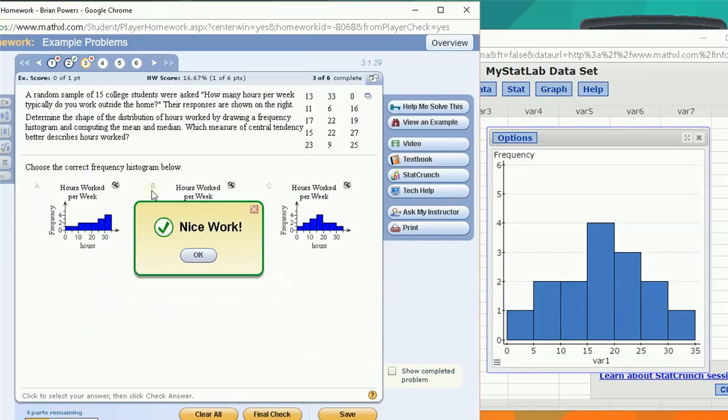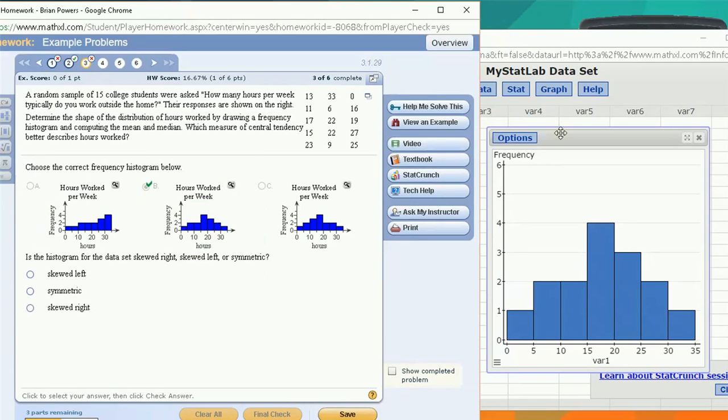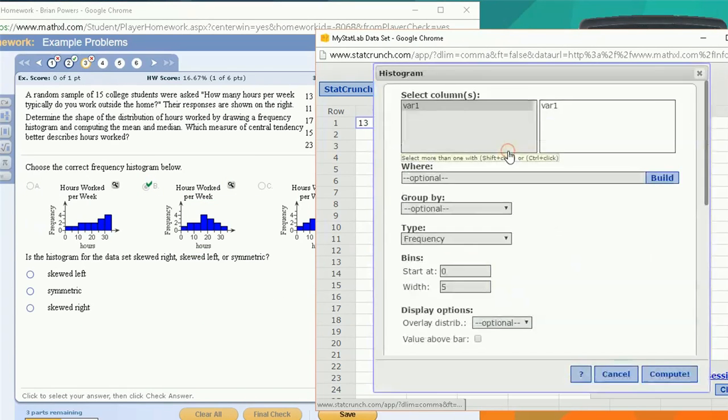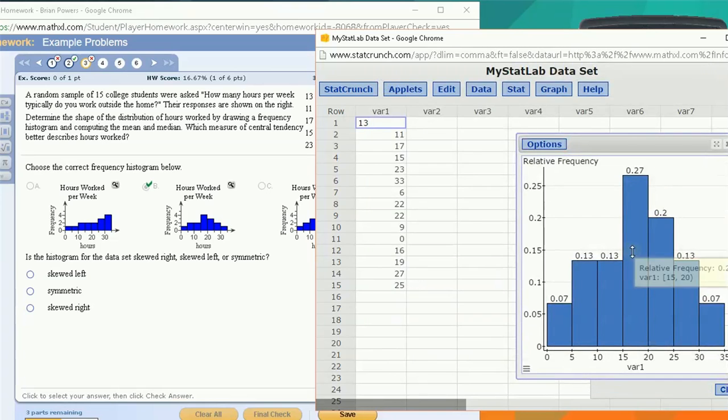So choosing the right histogram is one thing. Again, we can edit this and change it from a frequency to a relative frequency histogram. We can show the values above the bar. That can be very handy. But let's look at some other